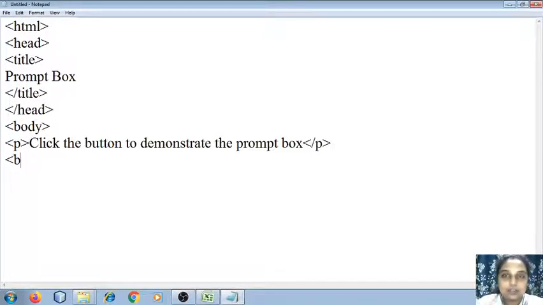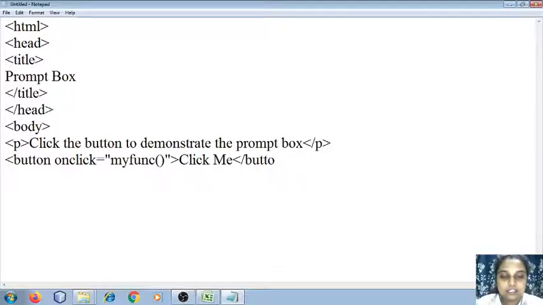Then I need to create a button because I've given the sentence above. So I'm going to use the button tag, which is going to create one clickable button. And then I say onclick to define the function myfunc, and then I say click me. So this is going to be written on the button, click me. All right, so is it clear till here? I've included one paragraph element and one button. Okay, so then the next part is paragraph id is equal to demo.